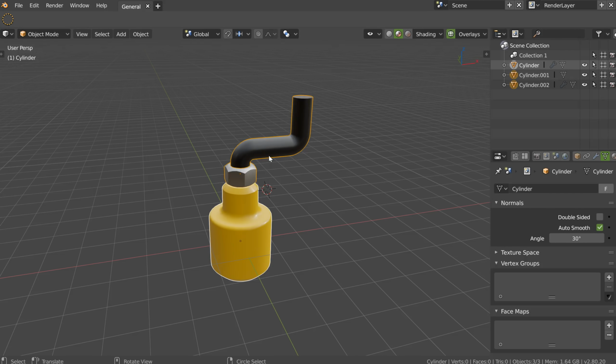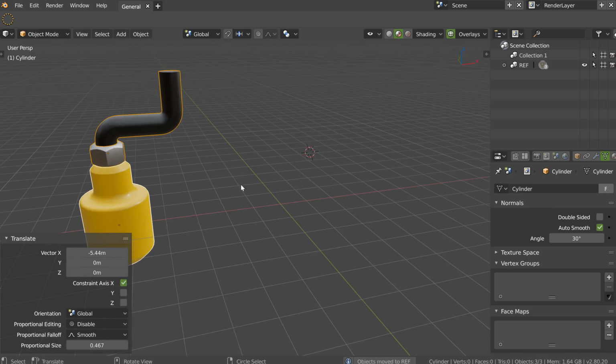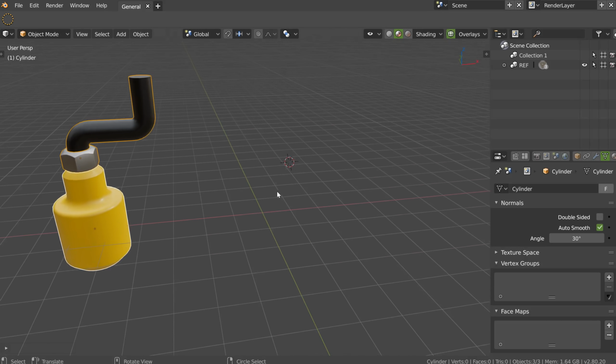So let's continue. I will press M, I will press new collection, I will name it reference, like this, press enter, and OK. I will move all of this here. So as you can see, this is the F6 panel. Honestly, I would prefer to have the text inside and not here, because you lose a lot of space. Maybe make this bigger and add the text inside to gain a lot of space. But okay, we will deal with this.